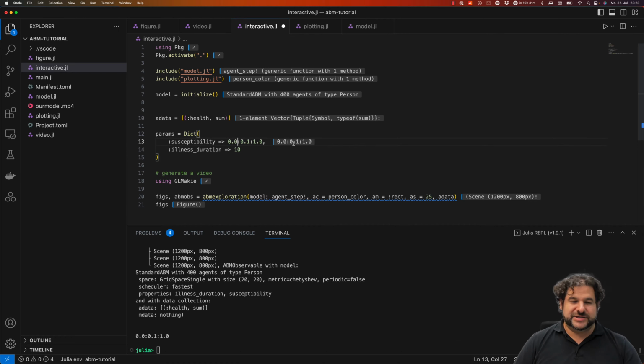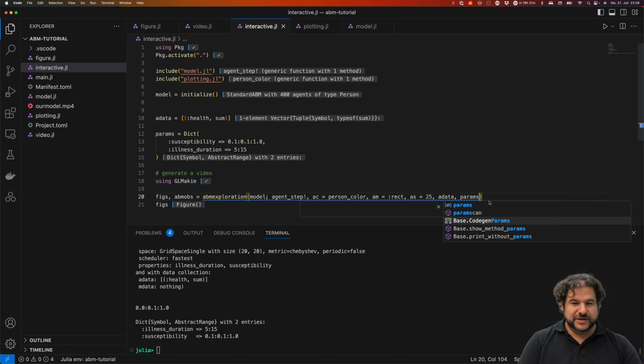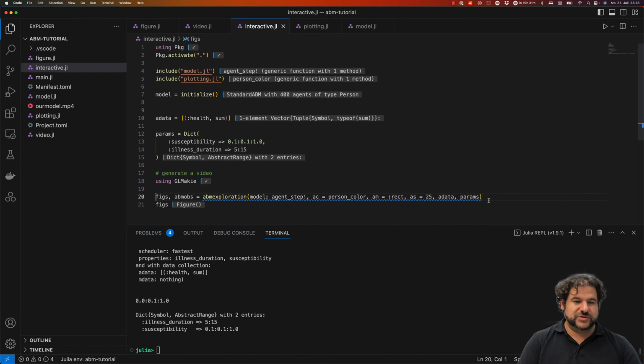It doesn't really make sense to have 0 because we know that nothing is going to happen. So let's start at 0.1. And the illness duration, how about we do 5 to 15? So this could be a params object. And what this does is, if we supply this params object to our exploration function, we can now,